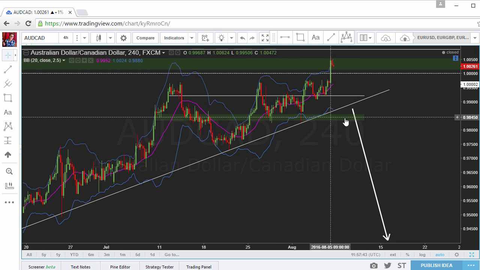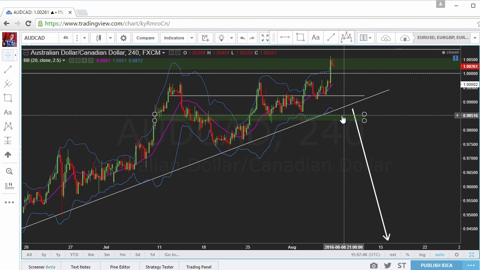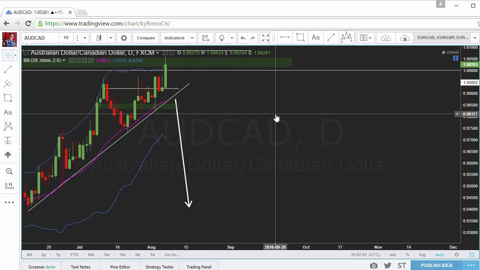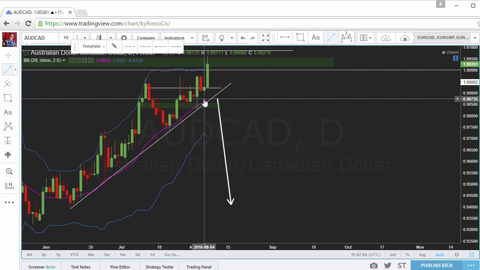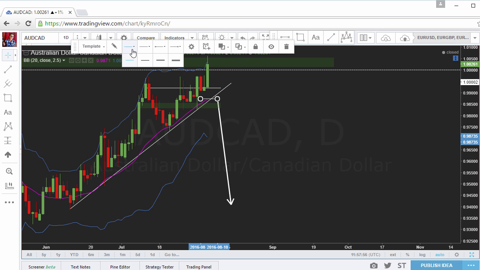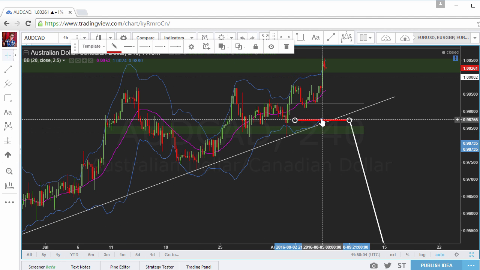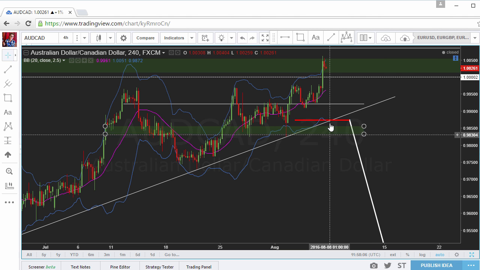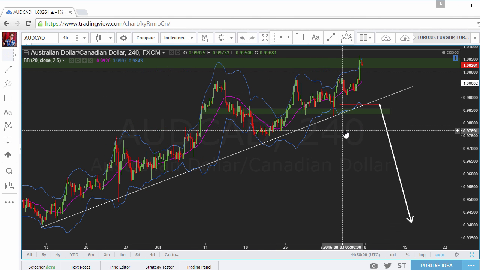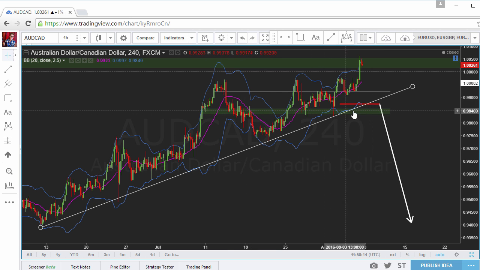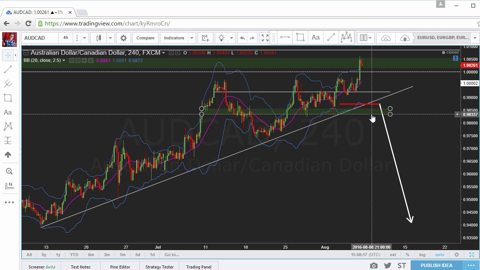The first one, the second one, and then also this trend line here. And if we go back, just let me mark the daily 20 SMA on this chart, and then we can see where it is actually on the 4-hour time frame to get a bit of a reference point. Very nice. Here you can see this is where the daily 20 SMA is currently, and it falls right into this cluster. So this will probably be a very important key area if price finds more selling momentum and then